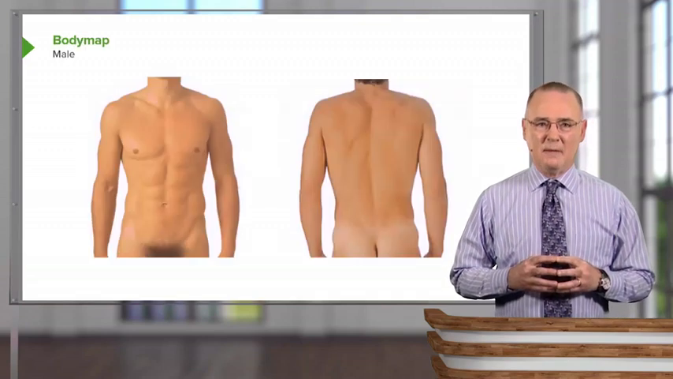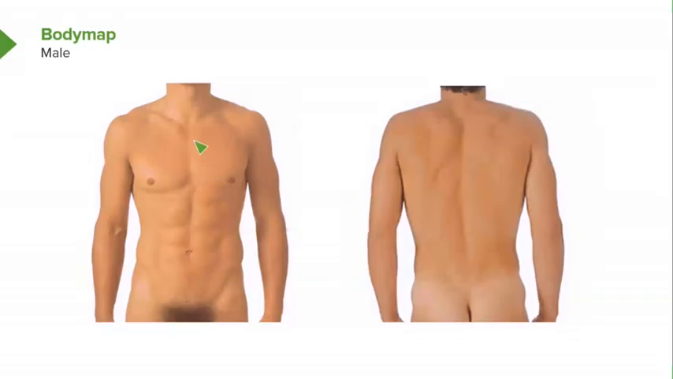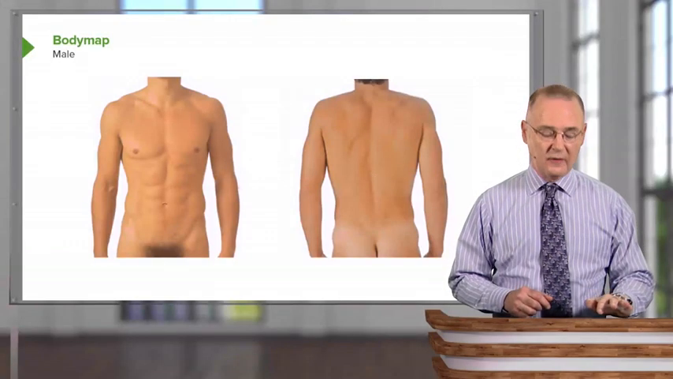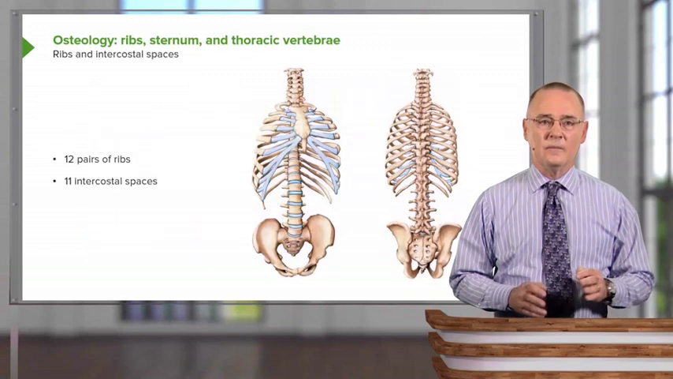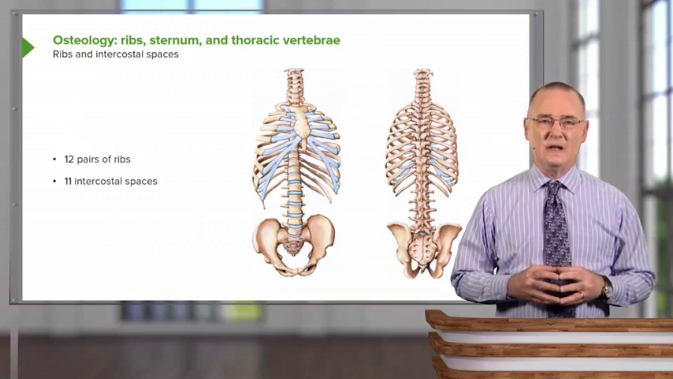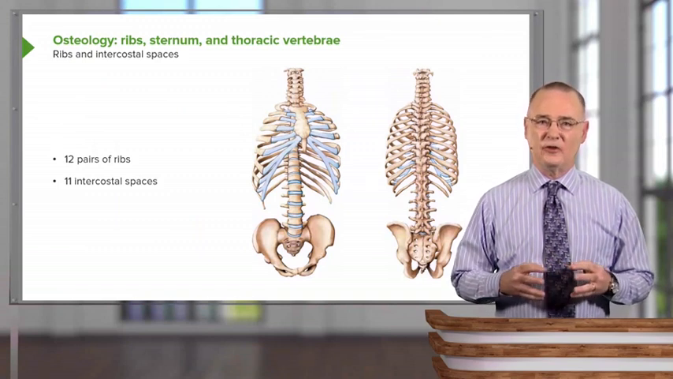This is our body map, and the thoracic wall will have an anterior aspect to it, a lateral aspect, and then we also have posterior structures that are associated with the thoracic wall. So that will be our focus for the remainder of this presentation. And that will begin with the relevant osteology, and so our focus here will be on the ribs, sternum, and